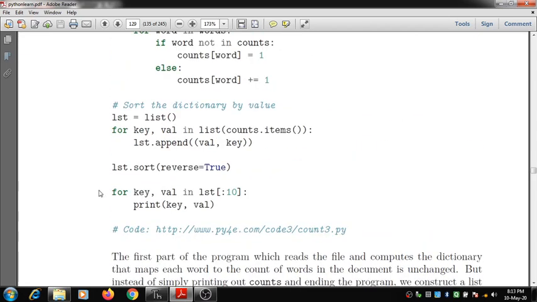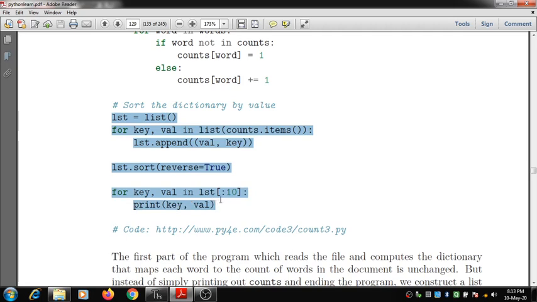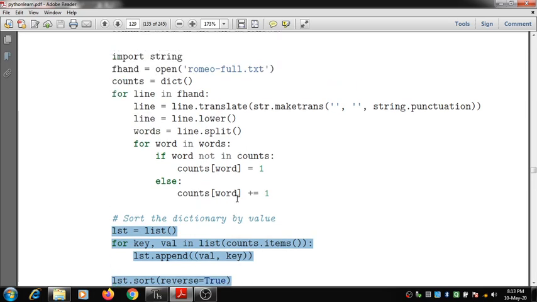Here we have the code which will sort the dictionary by value and print the 10 words which are most frequently used, and here we are using the code which will extract the lines and words from the given text and then count the words which are repeatedly used, sort them, and then present them.